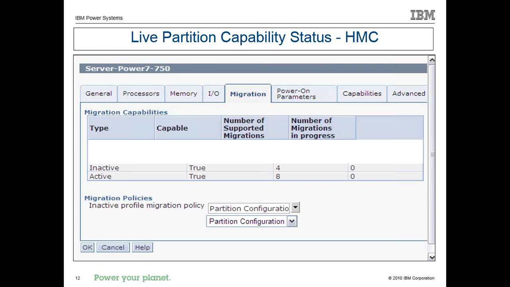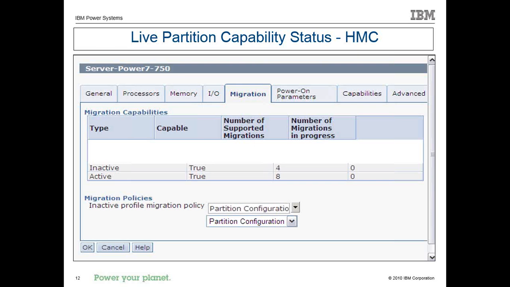This number is based on the HMC level, the VIOS level, and your firmware level. So if you have something really old, you're going to have low numbers. If you have something relatively new, you're going to have much bigger numbers. Concurrently, this means that if I wanted to move 8 running LPARs, I can tell the HMC to move 8 of them for me. If the number was 16, I could say move 16 at a time, and it would start 16 transfers of data, create 16 shell partitions on the other server, and create 16 mappings, et cetera, for the migration.